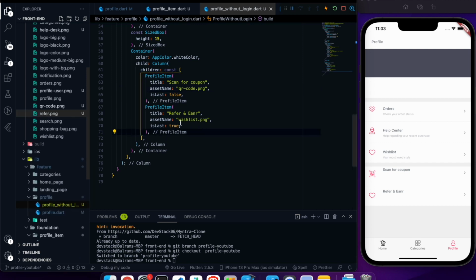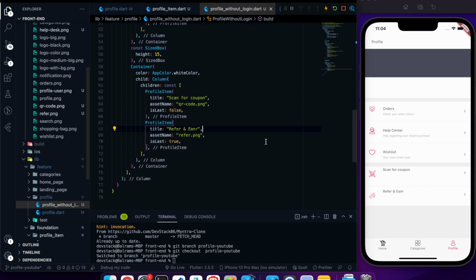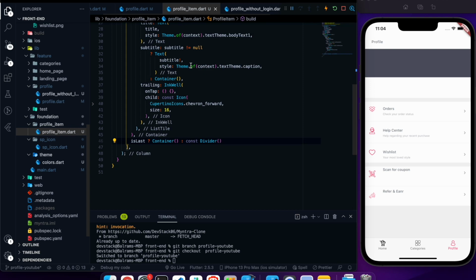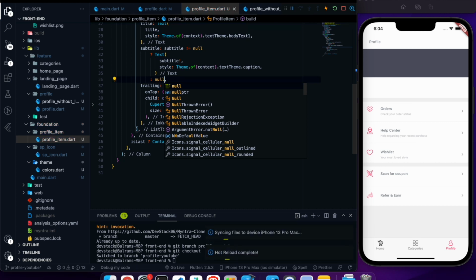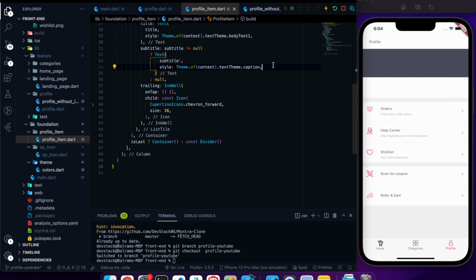You can find the icons from Flaticon. So this kind of refer and earn icon I'm using, but it is not looking like we expected. Yes, so I need to just modify the profile item again. What we need to do is that instead of showing the empty container, we just have to show the null. Oh, and now it's fixed. Okay, that was a quick fix for us.